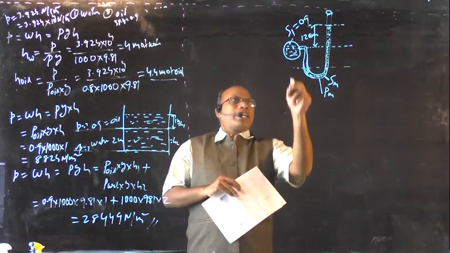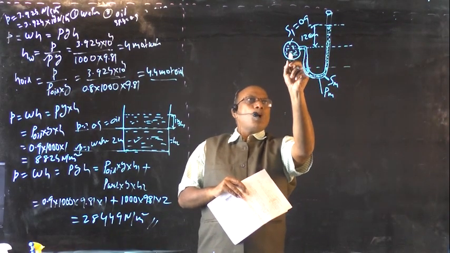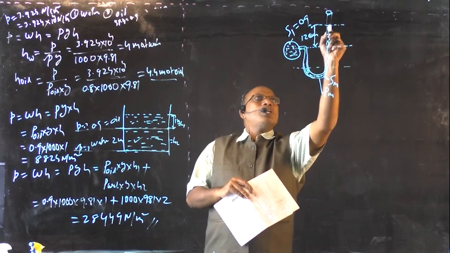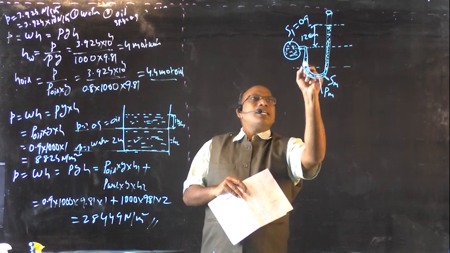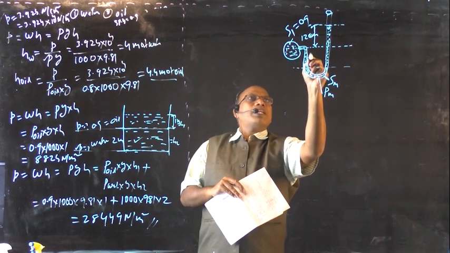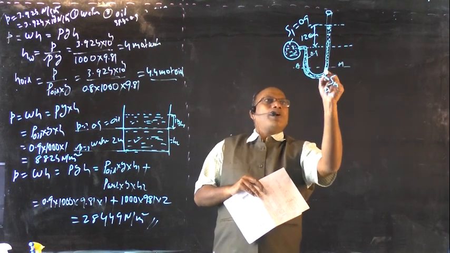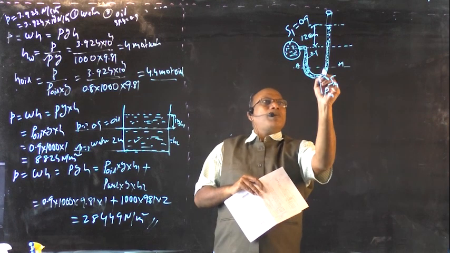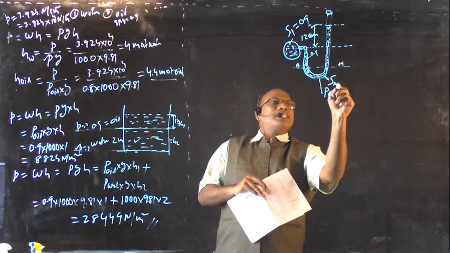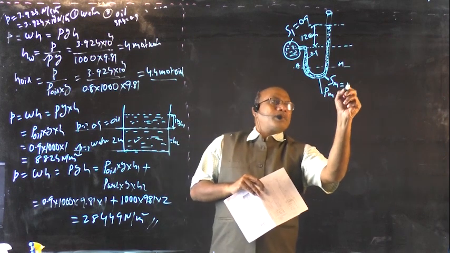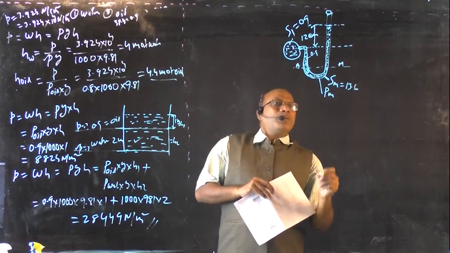So the pipe is connected to the manometer, and the pressure is more in the pipe. Because of the pressure, the mercury is moving towards the right side. This is the water or liquid. The specific gravity up to the datum line AA is 0.9. On the other side above the datum line AA, the specific gravity is 13.6, because this is the mercury.